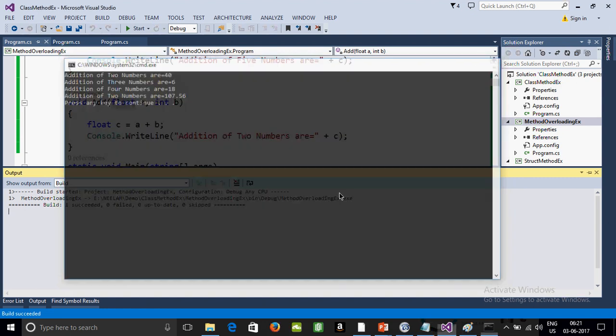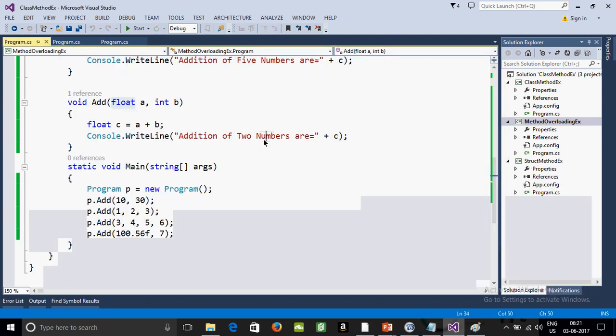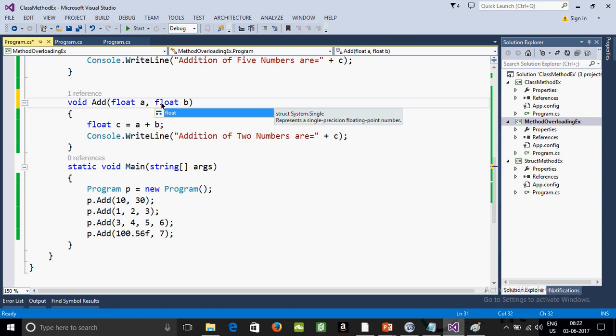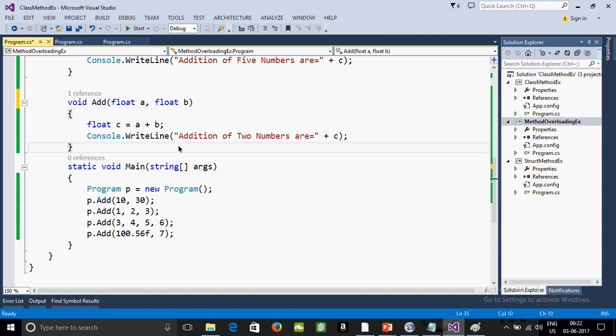right? So you can declare the same method with the same number of parameters, but your parameter type should be different, right? If the parameter type is the same, in that location it will not work. It shows that this method is already declared. But when you change your parameter, in that location it will work. So here again I change this to float, right? So now in this location it works,